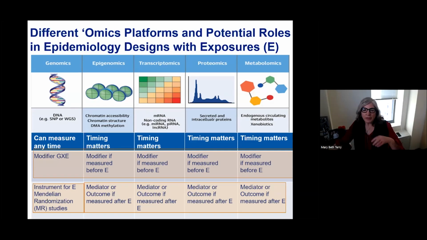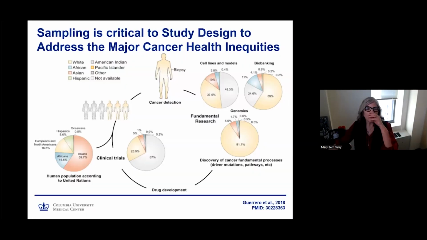However, even though you can measure genomics at any time, how you interpret inferences from genomic studies will very much depend on how and when you sample, and studies using samples from older individuals will likely be biased by survivorship of who remains in the population and joins the cohort at the time of the biospecimen sampling. Study design matters, but sampling, and specifically who participates in a study, is crucial for inference.